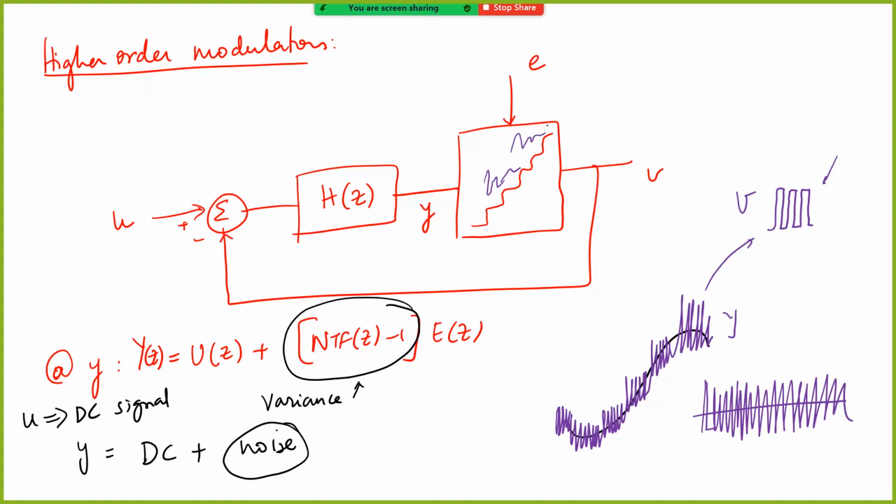Now, do you think there will be any difference in the way these two signals behave? Let's say this is signal 1, which is in the middle of the quantizer region, and there is one more signal which is close to the edge of the quantizer. Sorry, these two signals are the inputs. Let's take a DC input for all that matters. A DC input which is sitting here, and a DC input which is sitting very close to the saturating point of your quantizer.